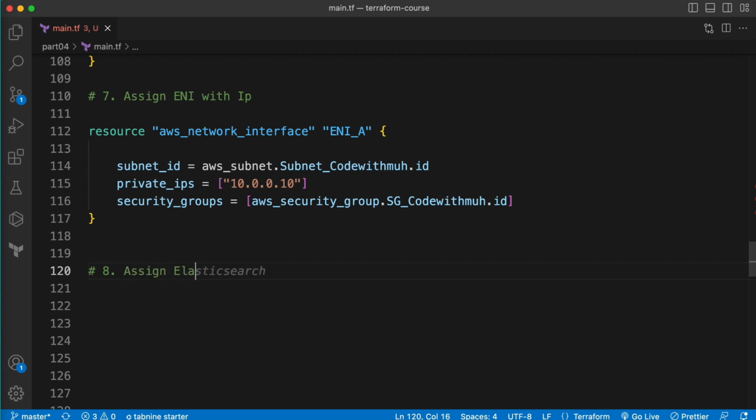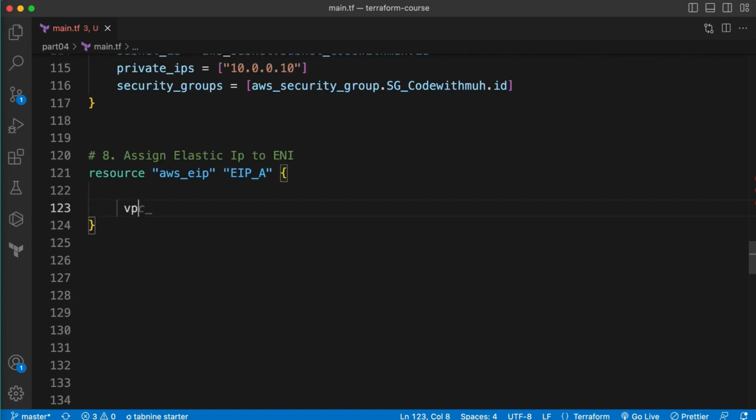Let's define the resource AWS elastic IP, and the name, elastic IP, I will give name A. Here we need to define the first attribute, VPC, which is equal to true. Next we have to define network interface,